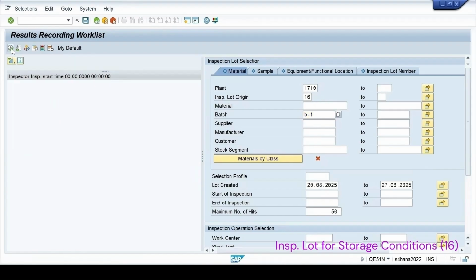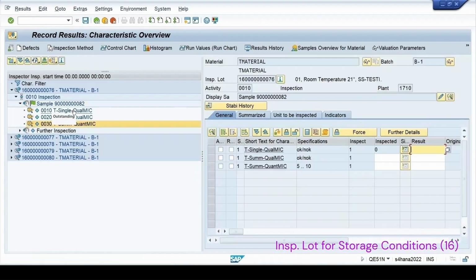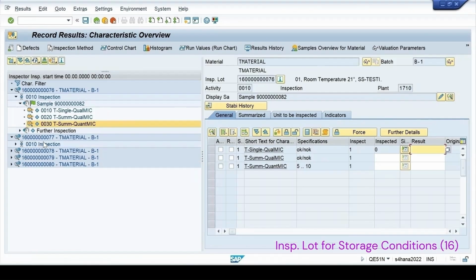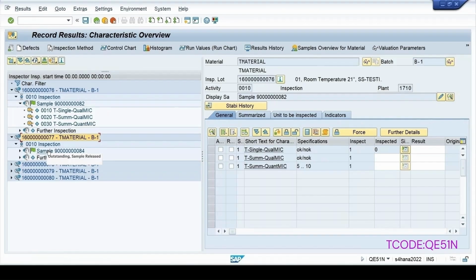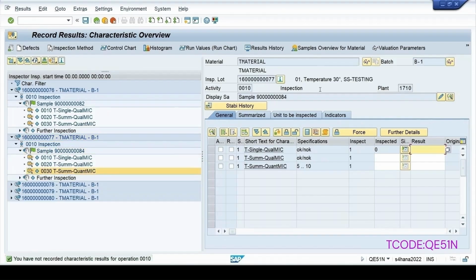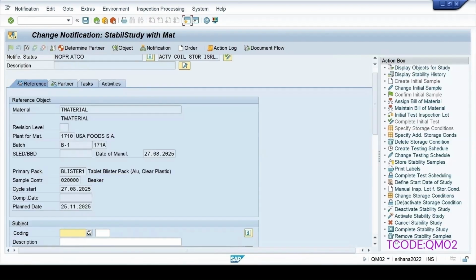I can click on execute. So these are the different lots which are created. You can check the conditions also. The temperature is 21 for this, and if you check this one, the temperature condition is 30. And if I go to my notification, press